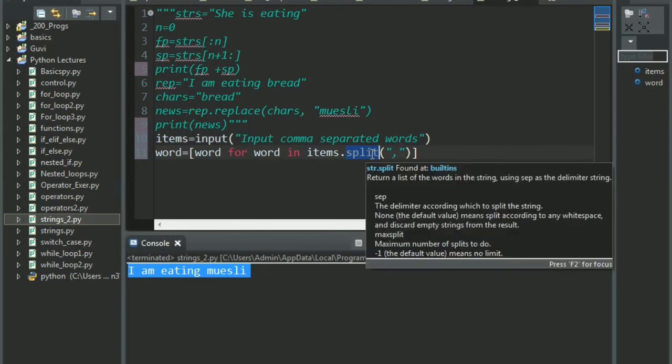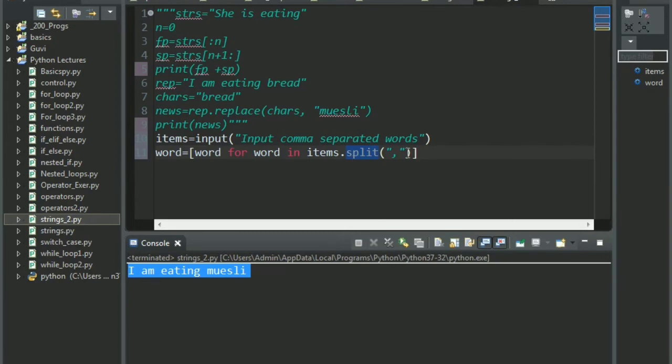We did see an example before. See, it returns a list of the words in the string using separator as the delimiter. Now separator here is the comma that you put inside the parenthesis of the function. So we are splitting the items sentence using comma, and that is why we are telling the user to give comma separated values.